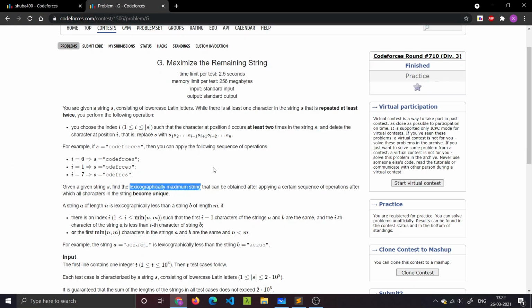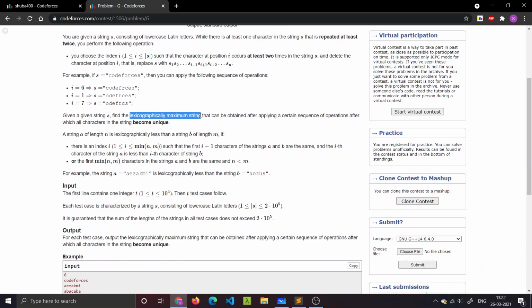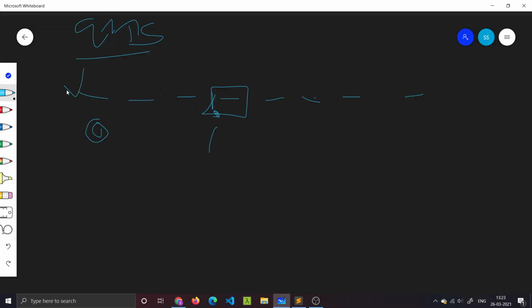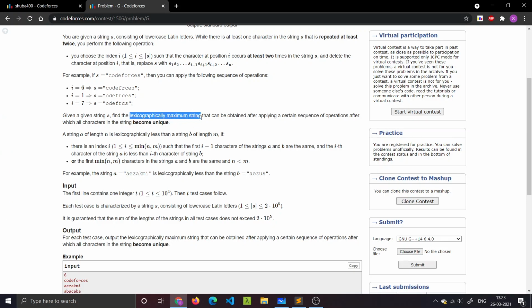The second point is not really an observation, it's about thinking about the process. I know that I have to check each and every index. How can I validate whether I can insert a particular character at this position or not? Checking the maximum is the simple part. We can simply iterate for each index, starting from Z, asking whether I can insert Z over here or not, whether I can insert Y over here or not. The tougher part is understanding which character I can actually insert over here, like how to check whether I can insert Y or not. So that's the greedy approach that we are going to make.